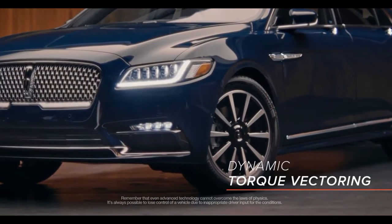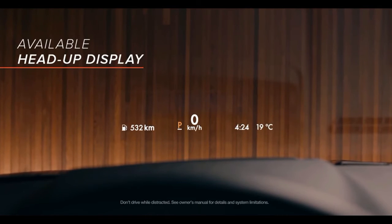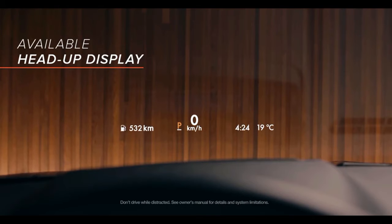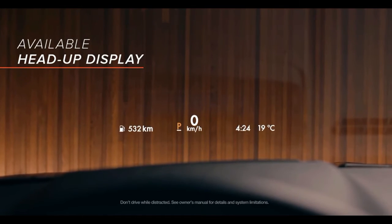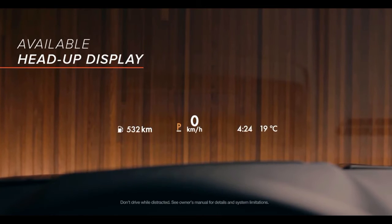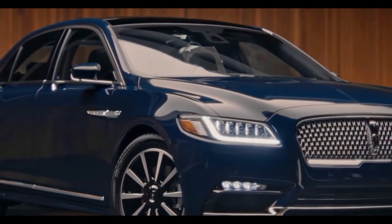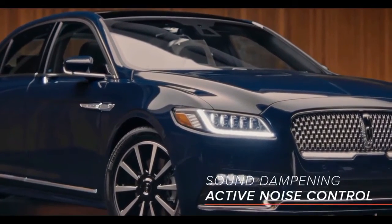when cornering. When you're leaning into every curve, you need to keep your eyes on the road. That's why Continental offers you available head-up display to see your speed, the time, cruise control details, and more directly ahead. When you're cruising at top speed, the laminated glass and sound systems thoughtfully mute the hum of the engine